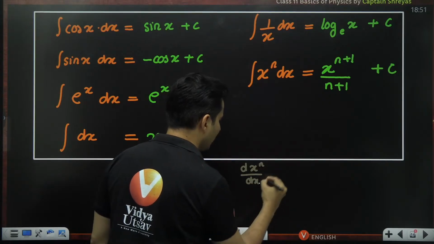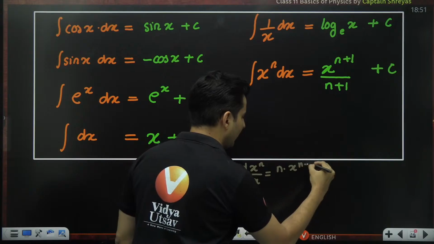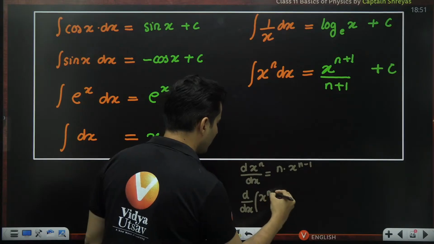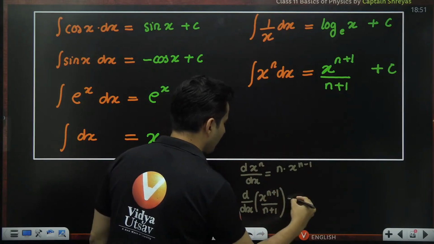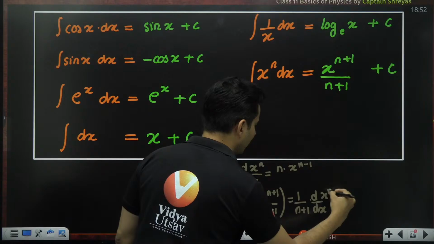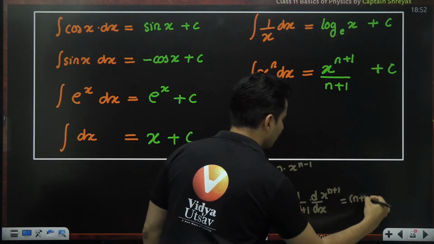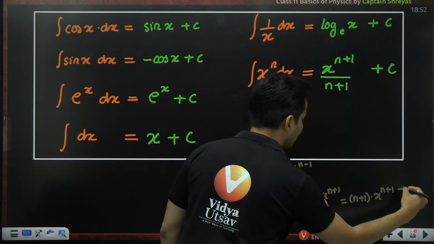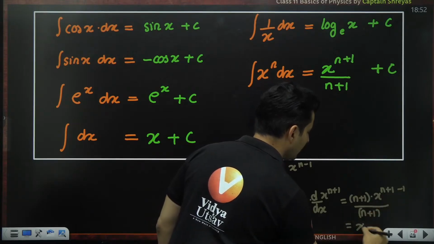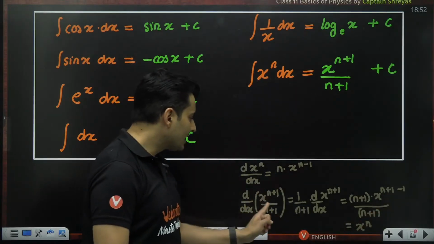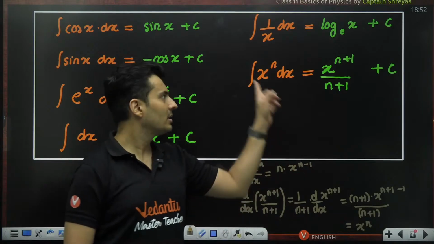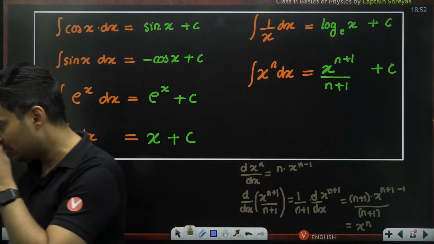So over here, my explanation to this was, see, if it was just derivative of x raised to n with respect to x, it was nx raised to n minus 1, which is not what I want. But if I have derivative of x raised to n plus 1 by n plus 1, that n plus 1 will come outside, and I'm just left with the derivative of x raised to n plus 1. So n plus 1 comes outside, and that n plus 1 minus 1 should come, and this whole thing by n plus 1. N plus 1, n plus 1 cancels. What is remaining is x raised to n. So this guy's derivative is x raised to n. So this guy's integration is this. That's what my point was. That is how I wrote this formula. Is that now clear?